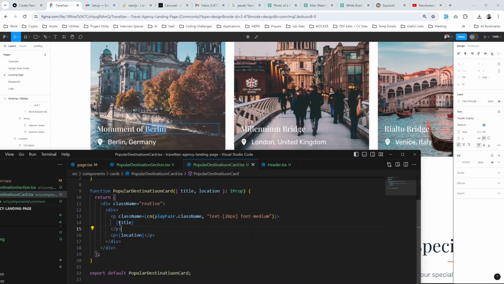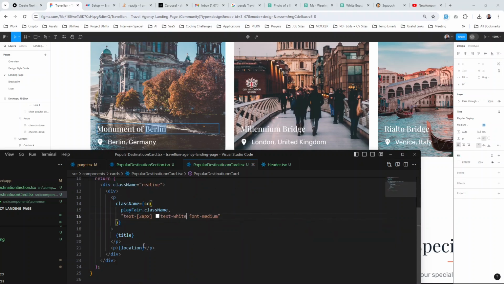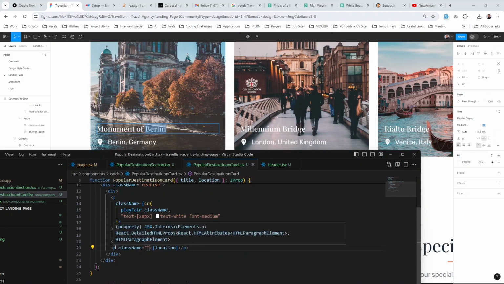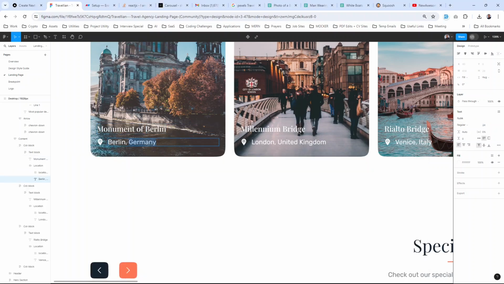Okay. Yeah, so for the location, this is, I think it's very straightforward. And text white, let's not forget that. So what we're going to do is, this is a Rubik regular 24